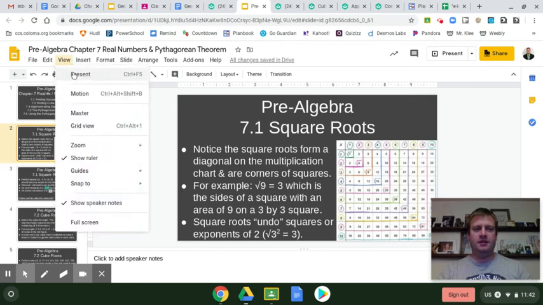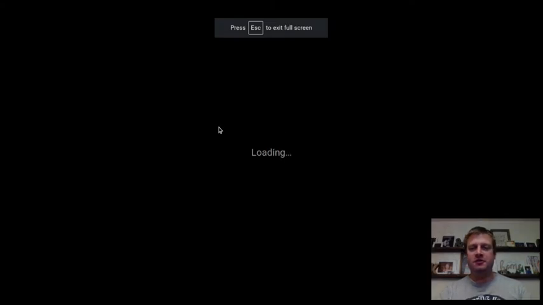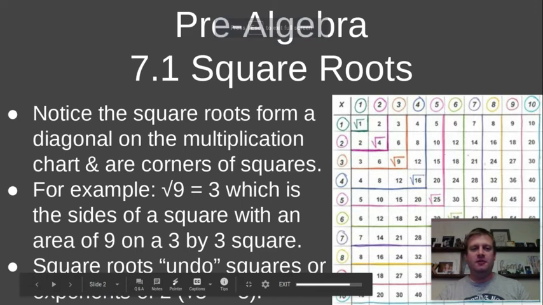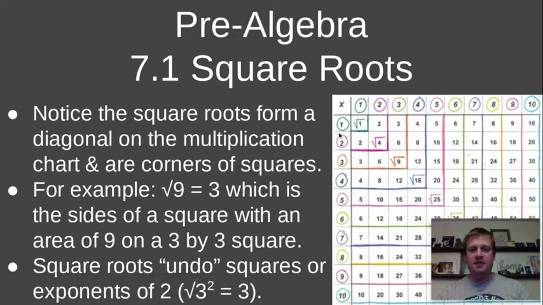Okay, so the first lesson in chapter 7 is going to cover square roots. A square root is ultimately the number that you multiply by itself twice, or that you square, to get the area of a square. So if you look at the diagonal of the square roots on the multiplication chart, the square root of